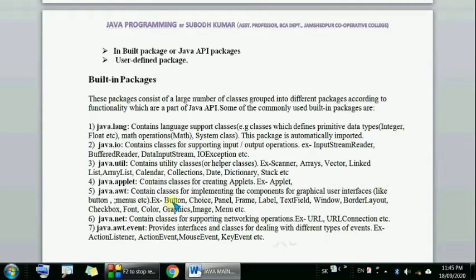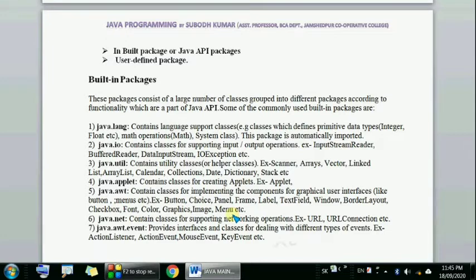The sixth one is the java.net package. It contains classes for supporting network operations. Some of the important classes of the net package: URL, URLConnection, etc. And the next package, which is a subpackage of the AWT package, is event. It provides interfaces and classes for dealing with the different types of events.